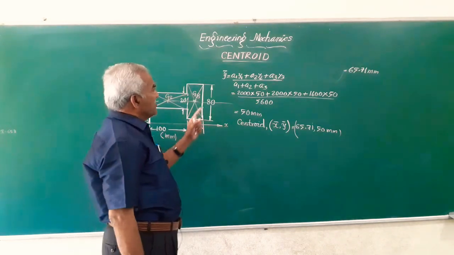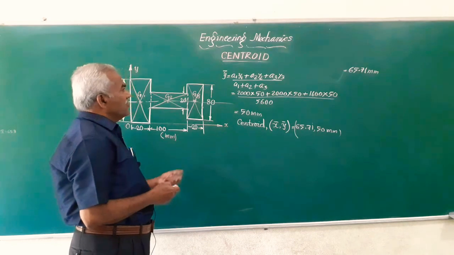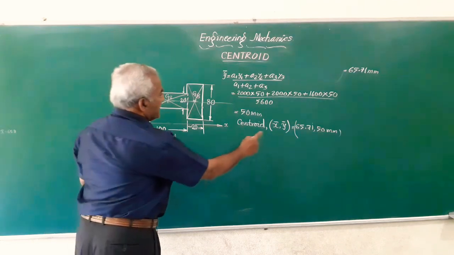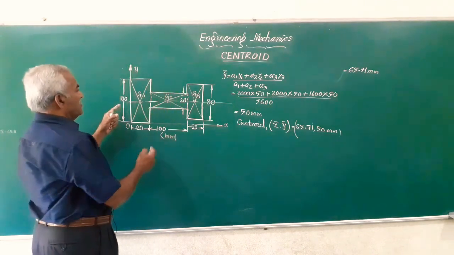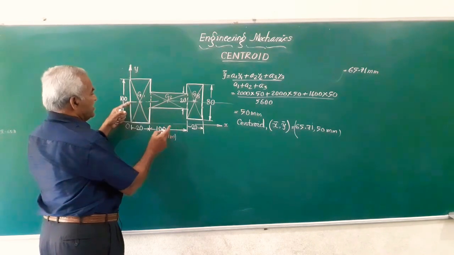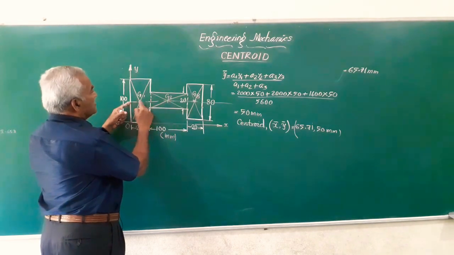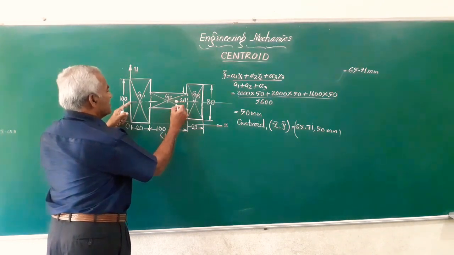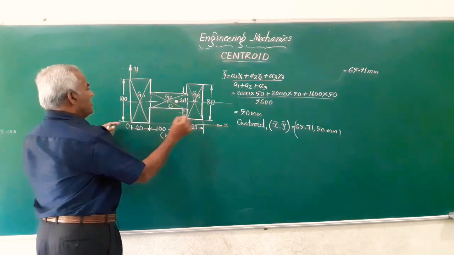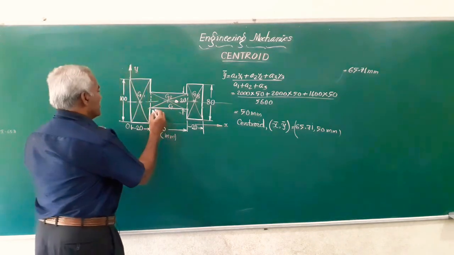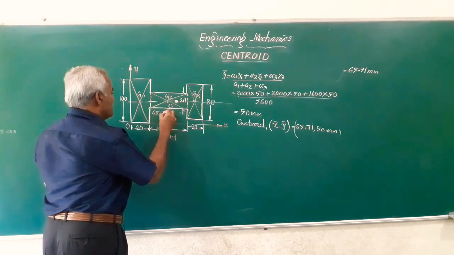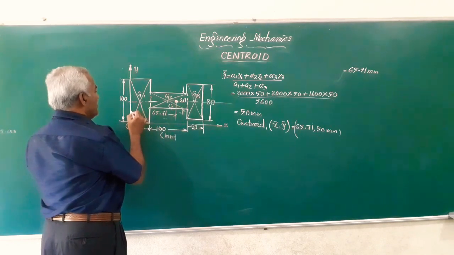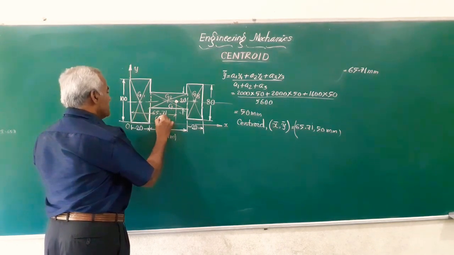Okay friends, now we are able to find out. Let me also show you where does this x bar y bar lie. At the centroid C we can say as G. Friends, x bar is equal to 65.71. Say this is 20, this is 50. So this is 70. 65 may be very closer to this. I will call that as G, the centroid, and that value is 65.71. 65.71 is the distance of the centroid of the whole rectangle from the y-axis. We can call it as x bar.